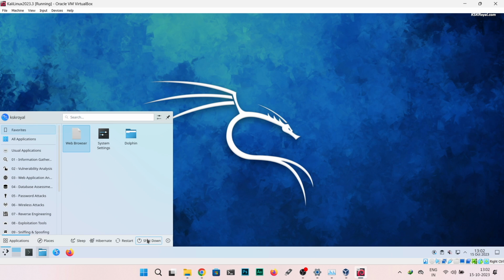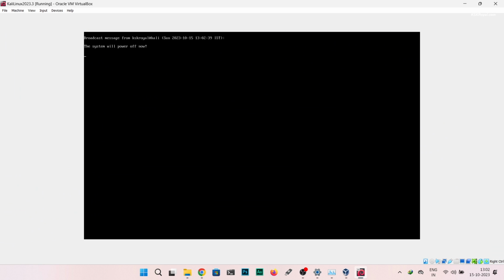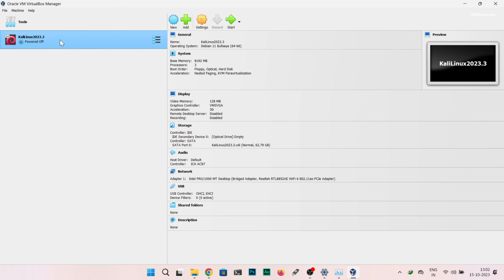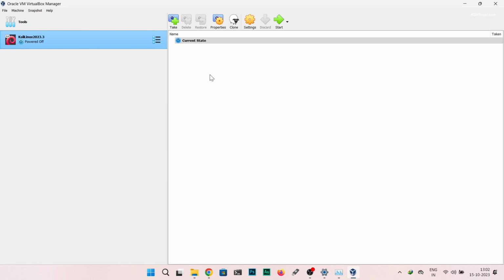If anything goes wrong with your virtual machine after a few days, you can use the backup to restore it to its normal state without having to recreate the entire virtual machine. To do so, shut down the VM, select the Kali Linux virtual machine, and click on this hamburger icon. Now click this button to take a snapshot.